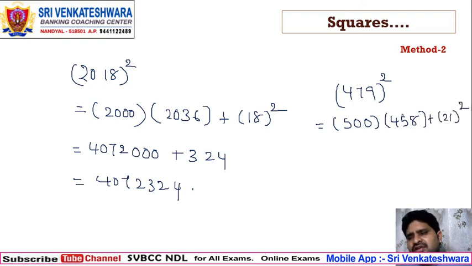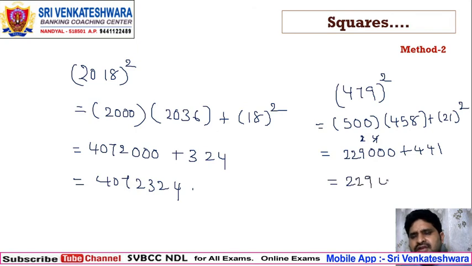That's why you should have an idea of all these things. So the double zero I write here. So 5 into 458. 5 eights are 40. 5 fives are 25 plus 4, 29. Clear. And 5 fours are 20 plus 2, 22, which is 22900. Clear. And for this case I have to add the carrier, 21 square. 21 twenty-ones are how much? 441. We have to add 22900 and 441 for this answer. Clear. So simply that is method 2.